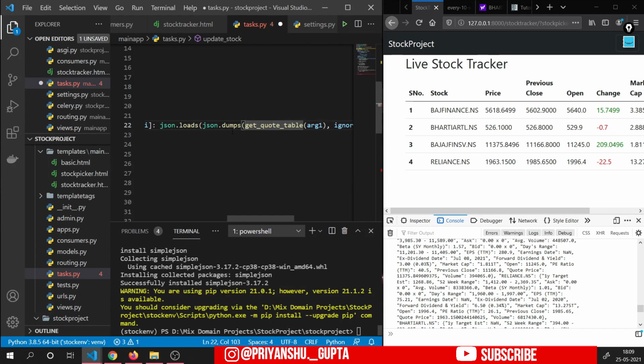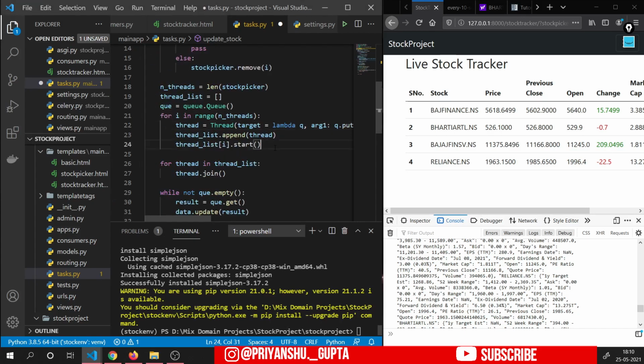As soon as we do json.dumps, it will bind the data and convert that into string format. json.loads and then done. Okay, so now I think it will work perfectly fine.